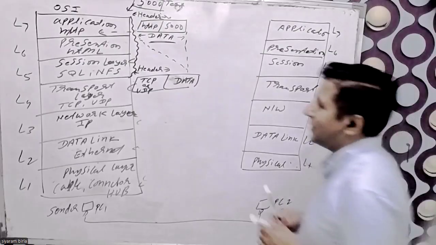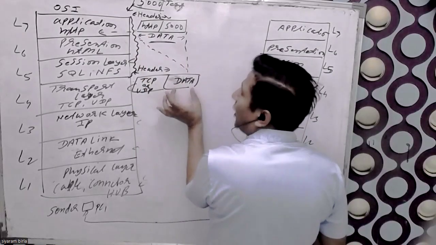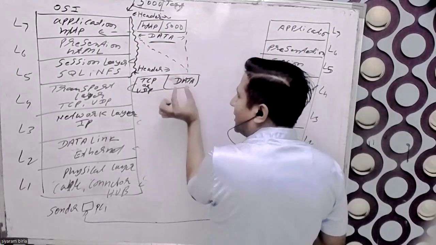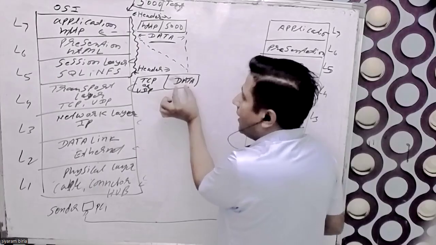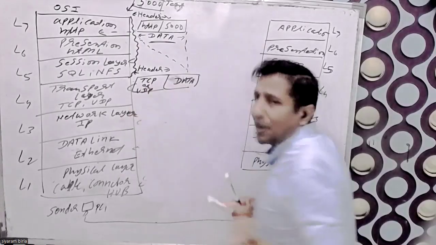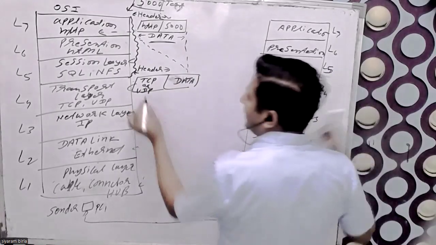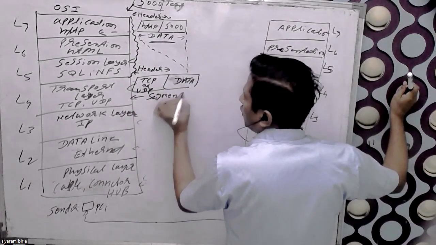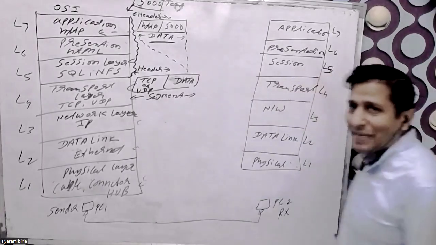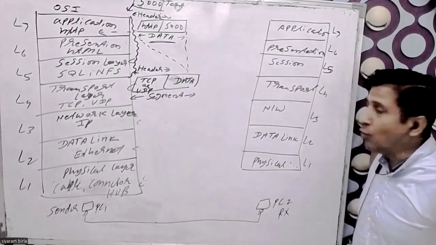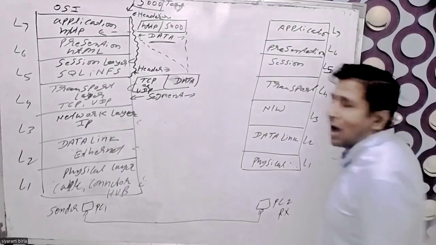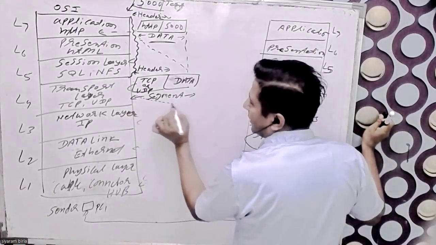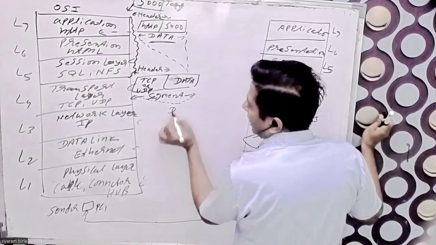Once the data comes inside of this, my HTTP header is seated inside of the data. And after that, a new header comes in the picture. So that is called the segment. So in the transport layer, segments are working. And once the segments come to the network layer,